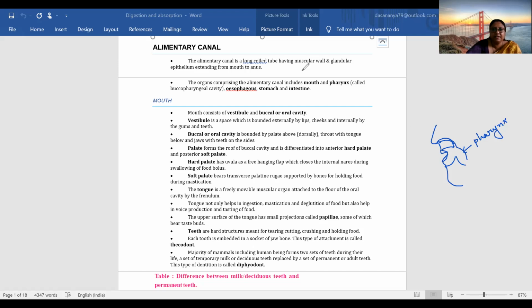So there are chances, if we are eating food, that this food can by mistake go to the nasal passage. Should we do that? No, because otherwise if it goes to the lungs, then we will die. Because these nasal passages are actually leading to the lungs also via the windpipe. Okay, so it will not be possible to manage that.